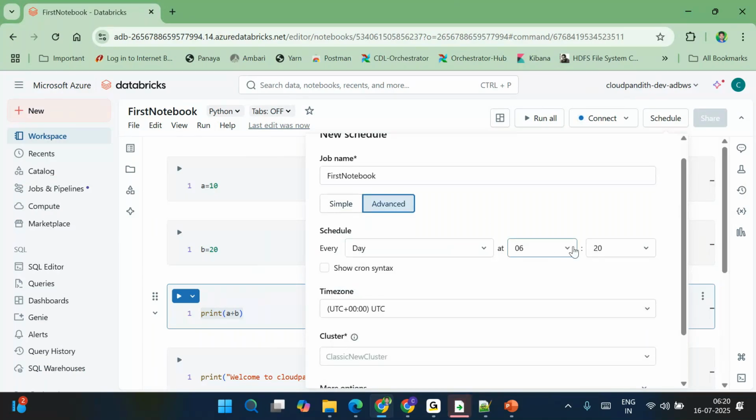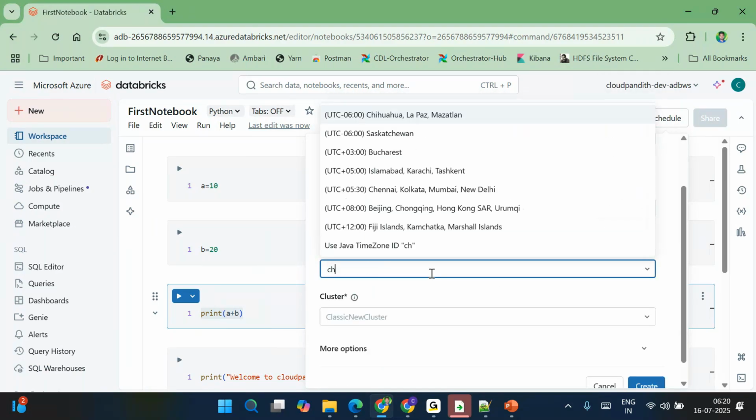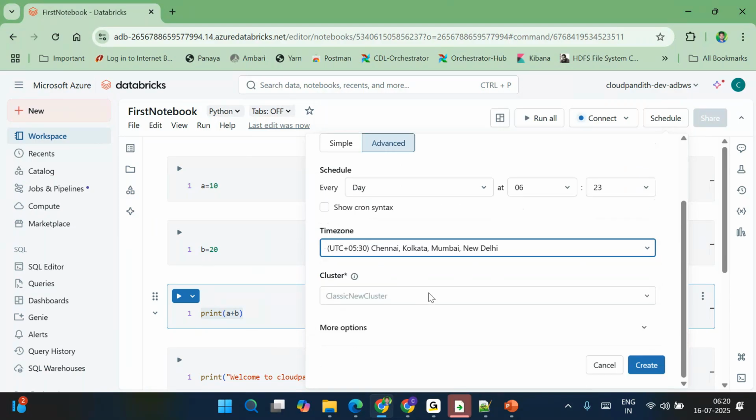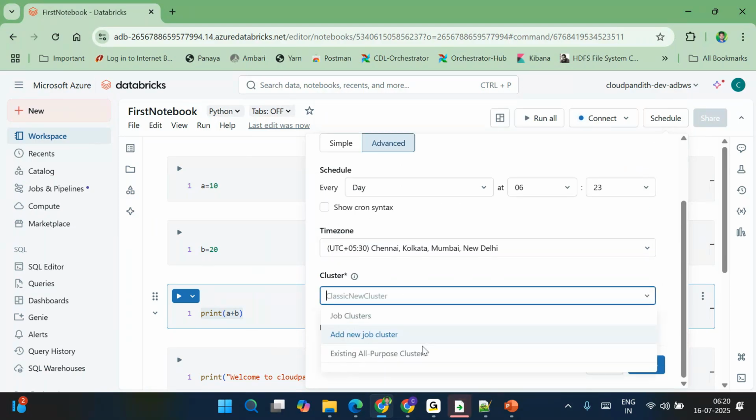Every day at 6:23 I want to run this job. And in which time zone? In IST. Cluster, if you see now, three types of clusters it is going to show you. Okay, three types of clusters it is not showing, only two types: job cluster and existing all purpose cluster. But I think serverless, we may need to run it and we may need to attach it